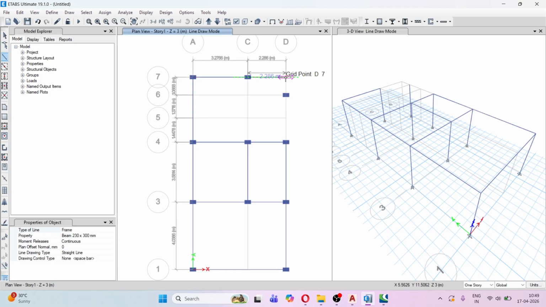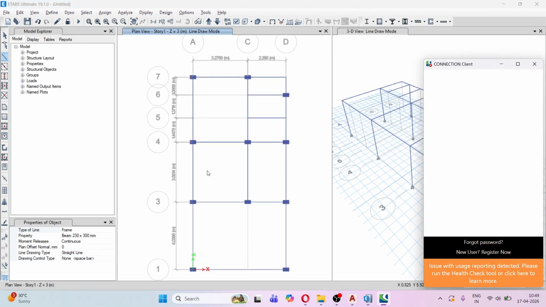So these grid lines help us to draw the columns and beams comfortably. Now there are secondary beams here. Okay, so you can check